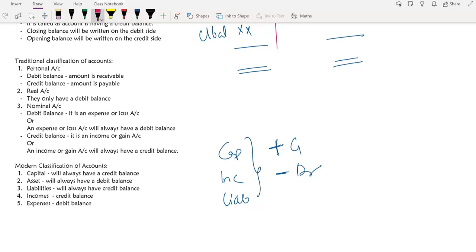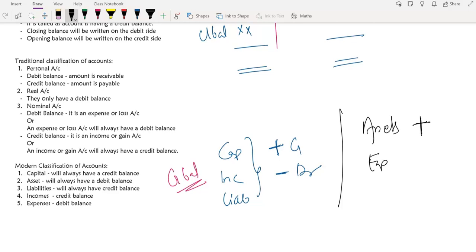So obviously these accounts will have credit balance, because to increase them we are crediting, so they will have a credit balance. Now assets and expenses have the opposite. For the increase we are debiting them, for the decrease we are crediting them, so therefore they will have a debit balance. All right, now these are very simple things but very important, because yes, we studied them in 11th, but when we come to the 12th, we don't remember these things, and for every single chapter we have to keep debiting things, keep crediting things, keep writing opening balances, right? And then we keep getting confused, okay, where we have to put it, why we are doing it. This is the problem every time we face.